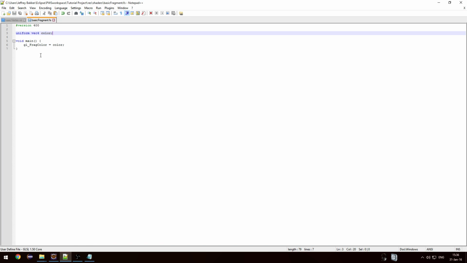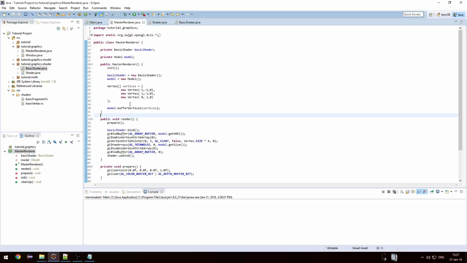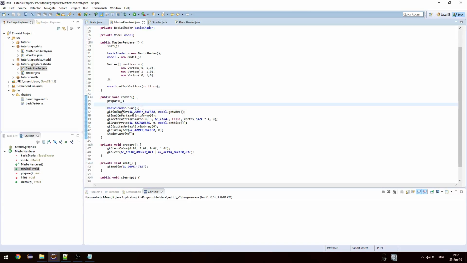And in our fragment shader we'll have to change this to a vec3, and we'll have to change this to vec4(color, 1.0);